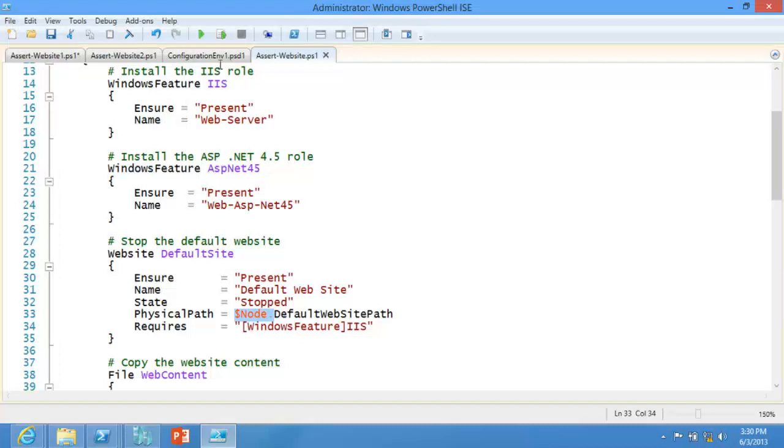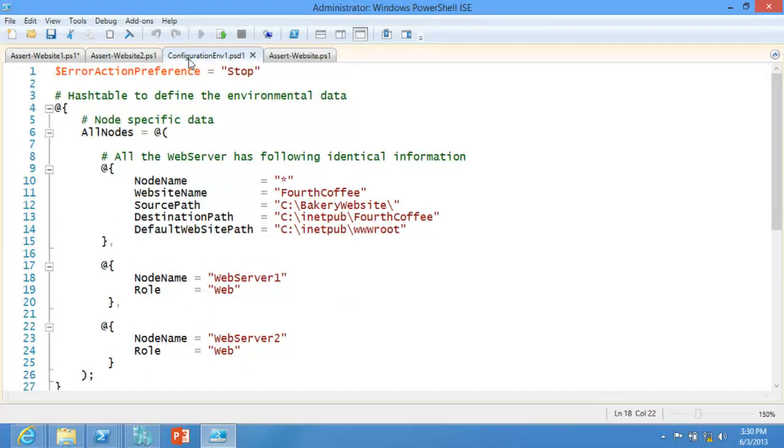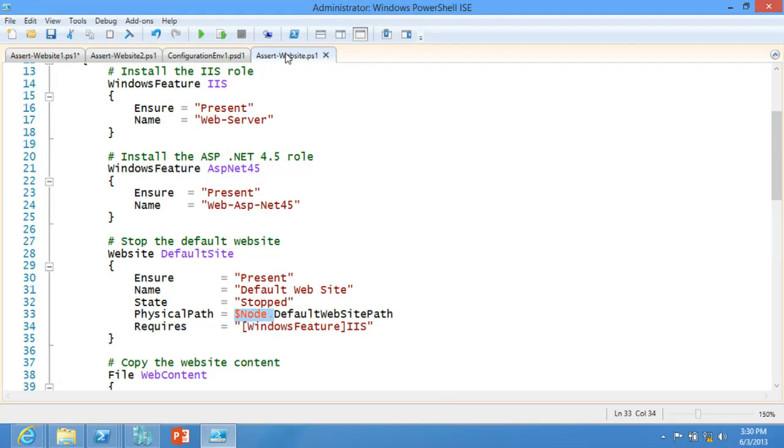Let's highlight, let's make sure. So this is a PSD file, a PowerShell data file, and this is a hash table, okay? So it's a hash table that has an element called all nodes, and then in the all nodes, you basically have two sorts of things. One is something that's going to apply to all the nodes, node name star, that says for every node, here are the attributes I want to apply, and then everything else is a node. Here's a node, its name is this, here's a node, its name is that. That structure is the convention, you follow that convention, and then you're going to see you pass that in as a parameter, and we use this over and over and over again.